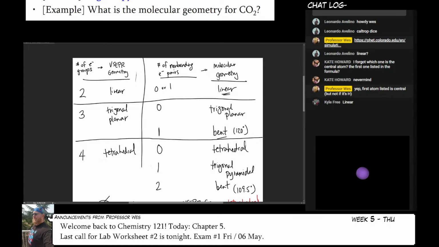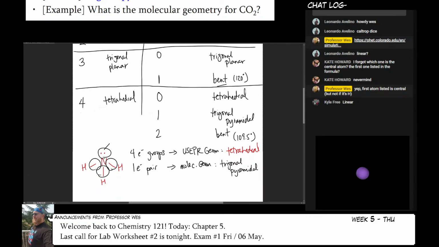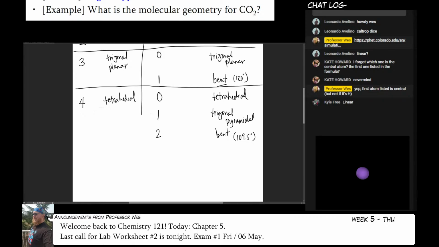Because I need this chart, duh. All right. Oops. Hold on. Let me get rid of all this here, too. All right, so let's draw CO2 with the pen tool. And you should have drawn this as your Lewis structure. And then we would say, okay, if this is my central atom, how many electron groups are around it? 1, 2. So 2 electron groups